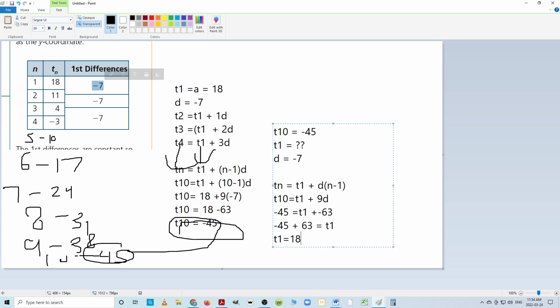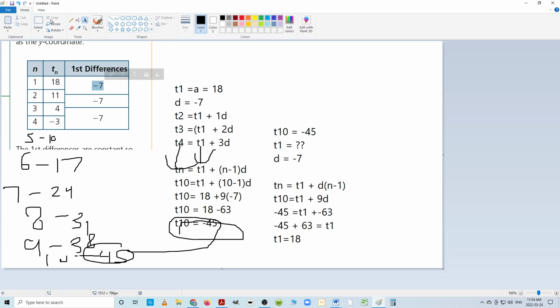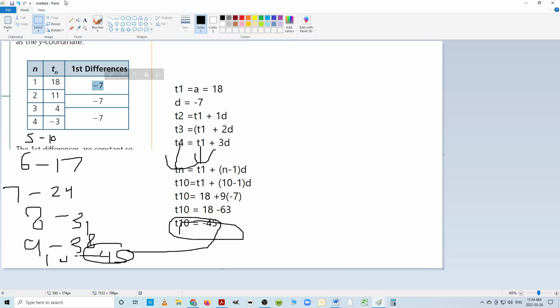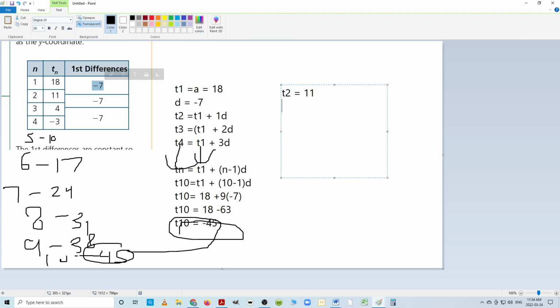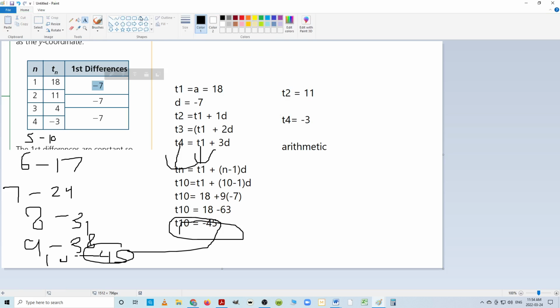So that's what they're going to do. They're also going to do weird stuff where they give you, let's look at this, they're going to tell you term 2 is 11. And they're going to tell you term 4 is minus 3. And they're going to tell you it's an arithmetic sequence, but they're not going to tell you the difference. Well, in this case, since these are two terms apart, 2 to 4, there's going to be